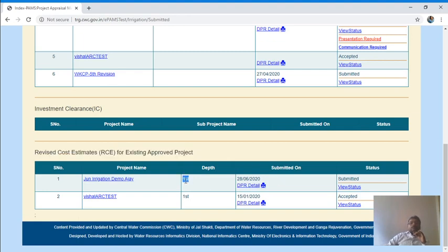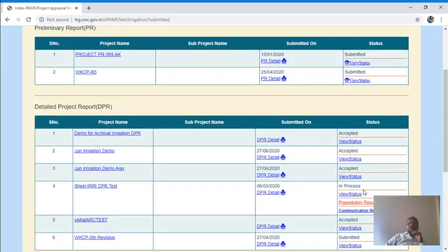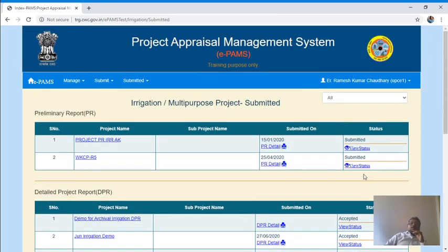Suppose in the same way, if your DPR has been approved 5 times, then you can fill the 6th RC. Once submitted, its appraisal can be done by the internal user in the same way as other proposals.